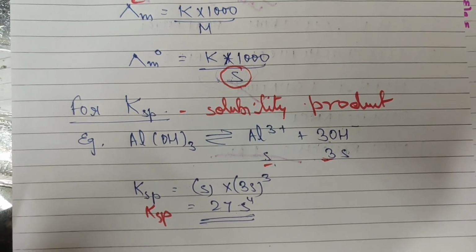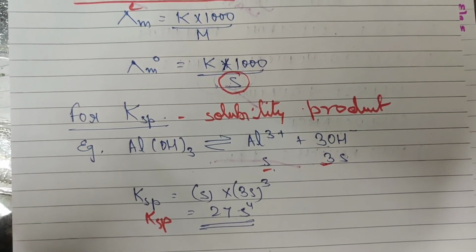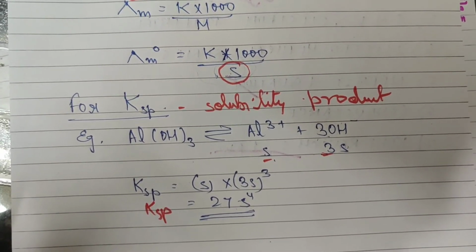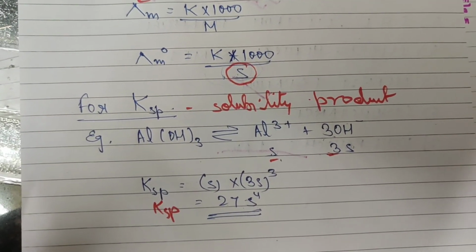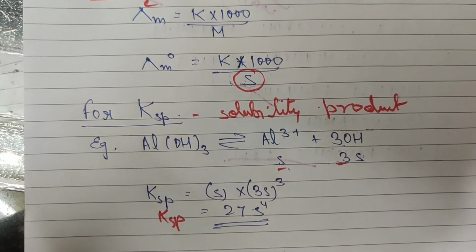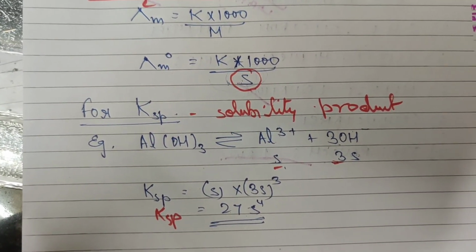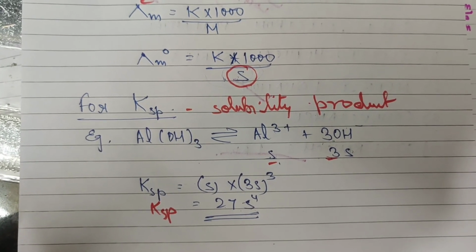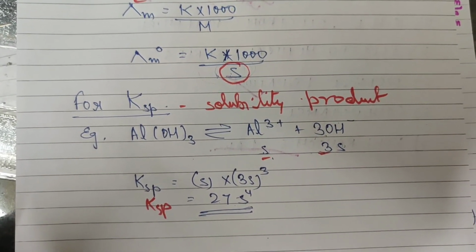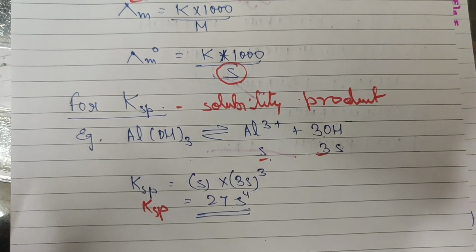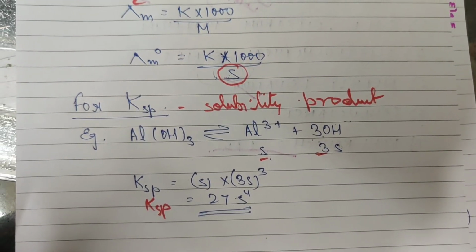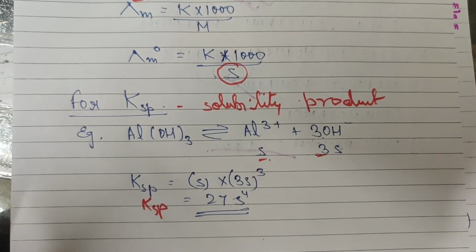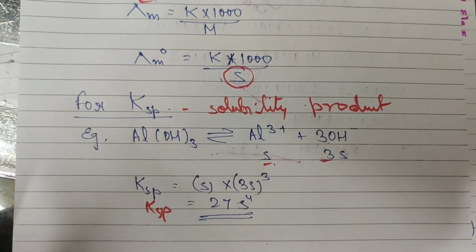Numericals are very simple. Again, giving you this reminder that if you cannot understand the derivation or you are finding it difficult, you don't have to learn it, children. You only have to keep in mind the formulas, because the numericals in your board examinations are direct. In chemistry, you get direct numericals where you need to identify what is given and what is being asked, and you simply need to substitute the values and reach the final answer. So try to practice the numericals from your NCERT book, and in case of any difficulty you can contact your teacher.